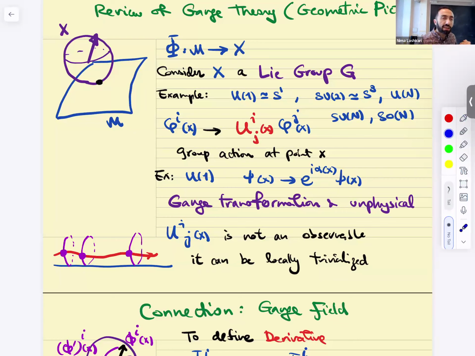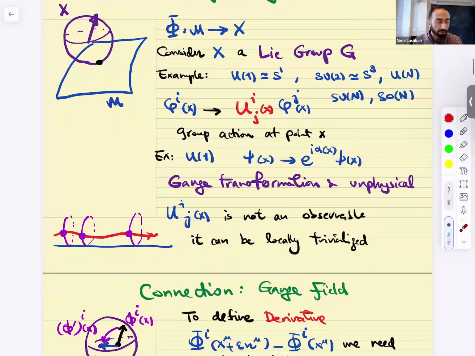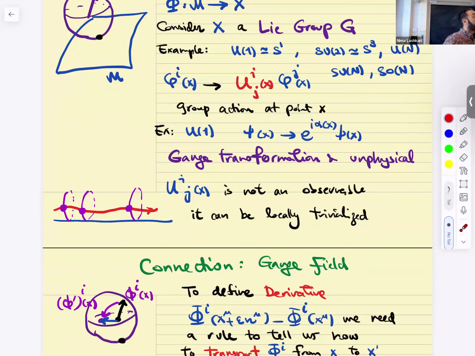Now, when we say this is a redundancy of the description, it means that physically there is no difference between this section and another section that's like this. So at each point, I can trivialize these. I can move them arbitrarily and bring them to a point. So I could trivialize this at every point, modulo a subtlety that we saw. There were cases where we couldn't trivialize this, and that had to do with some topological obstruction. In Stokes' theorem, we saw that has to do with, we'll go over this, we'll repeat it very quickly. But that's what a gauge redundancy was.